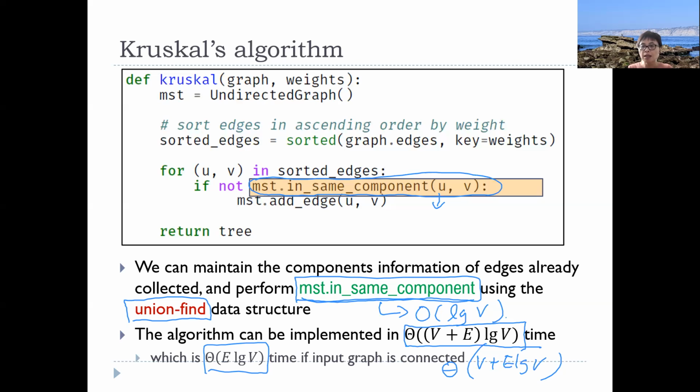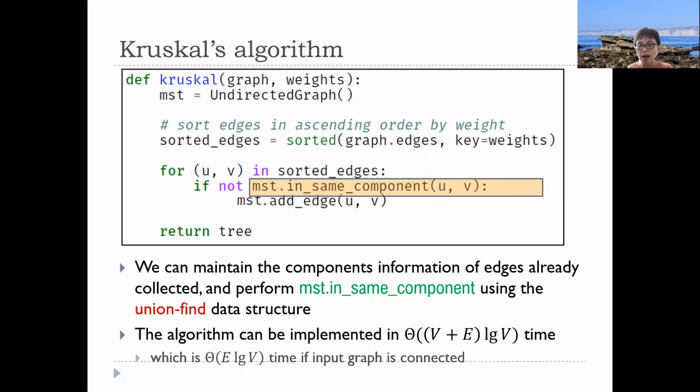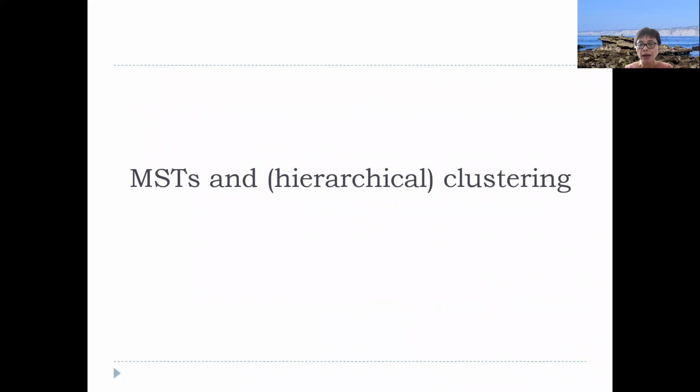The second one is that if we use the so-called union-find data structure, then this can also be implemented efficiently, in time V plus E log V, which when the graph is connected is simply E log V time. So that's what you want to keep in mind from this slide. All right. Okay, so